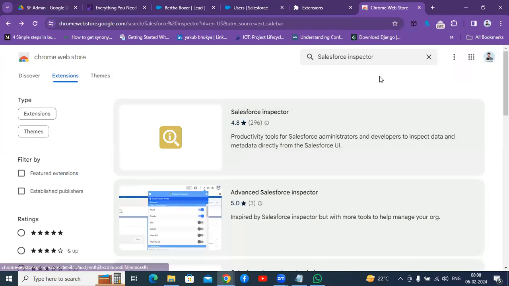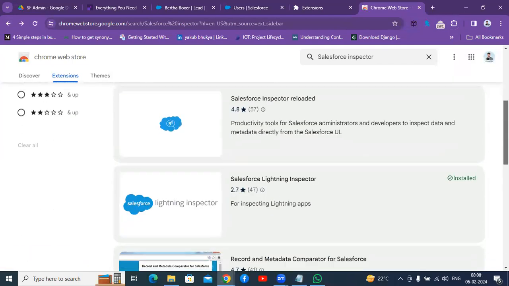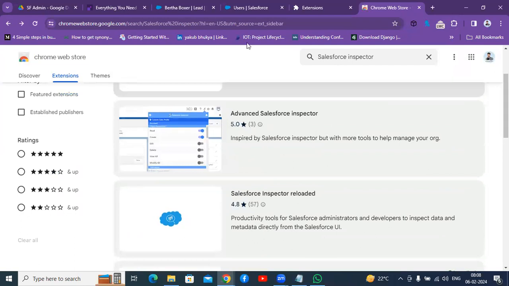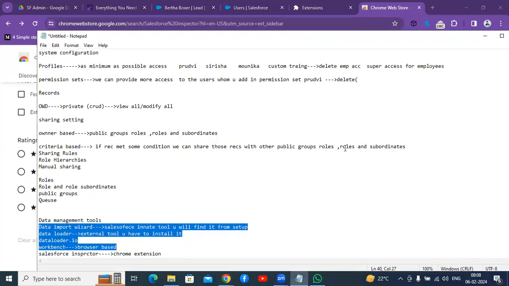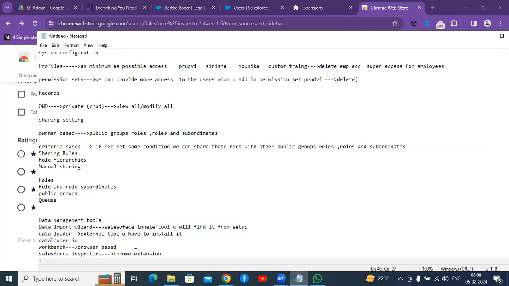So for you guys, the assignment for today is to try to install the data loader in your system, so that tomorrow I'll take someone's system access and explain how to use this data loader.